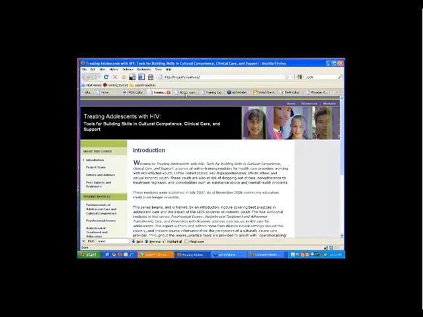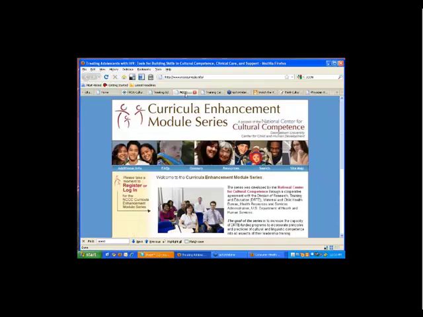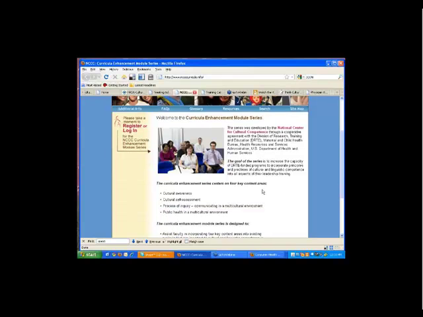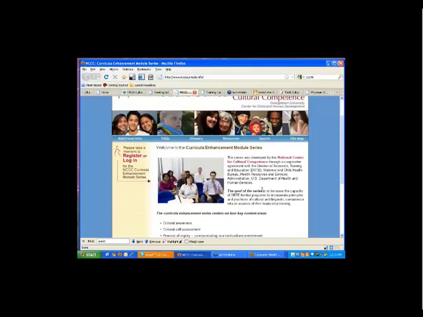Georgetown University has a National Center for Cultural Competence, and they have a curriculum that's online. You can no longer get credit for it, but the curriculum is still a wonderful curriculum to take a look at.